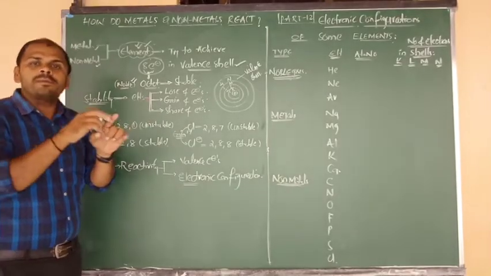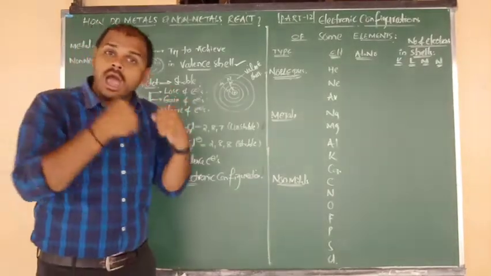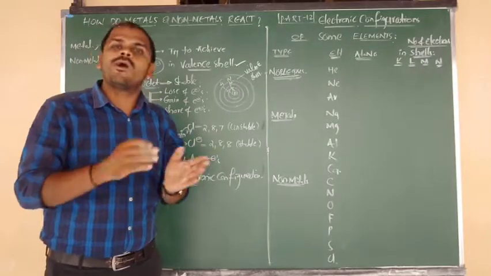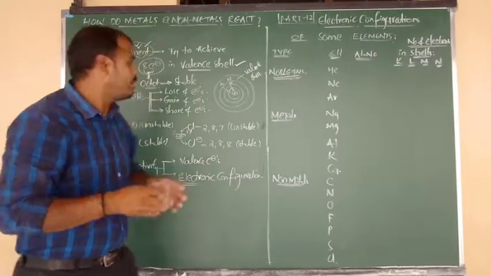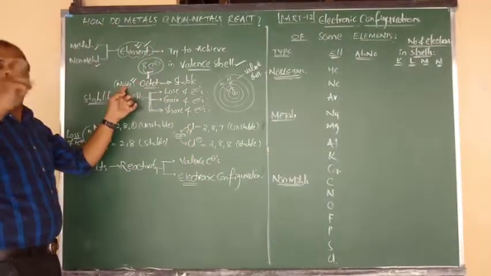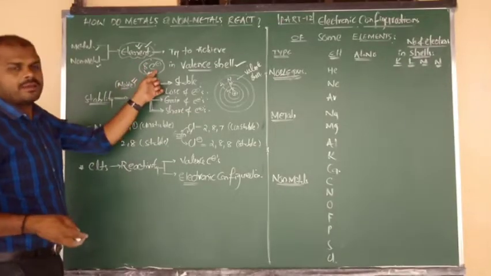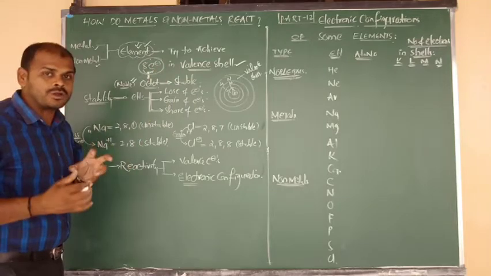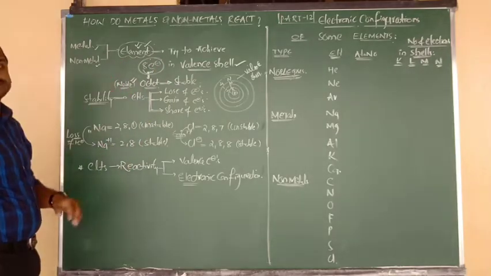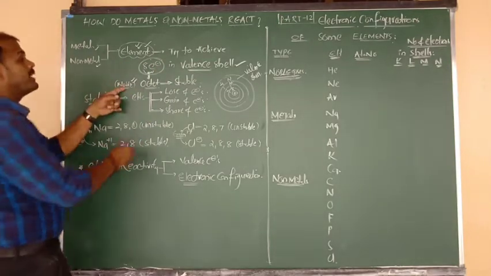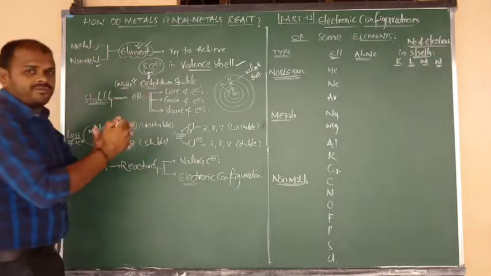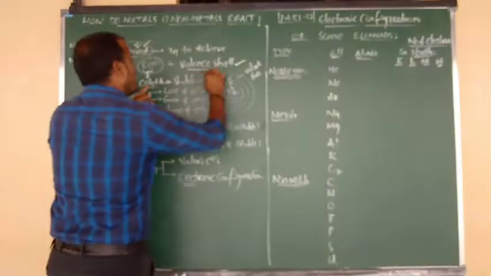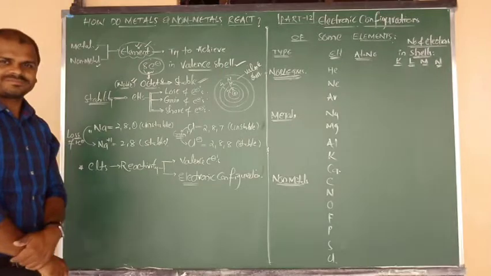So in the entire periodic table, which group elements are highly stable? 0 group elements, or we can say the noble gas family. So noble gases, in their valence shell, all of them are having 8 electrons, and due to the presence of 8 electrons, we have to say that noble gases are having the octet configuration, that is nothing but a highly stable configuration.